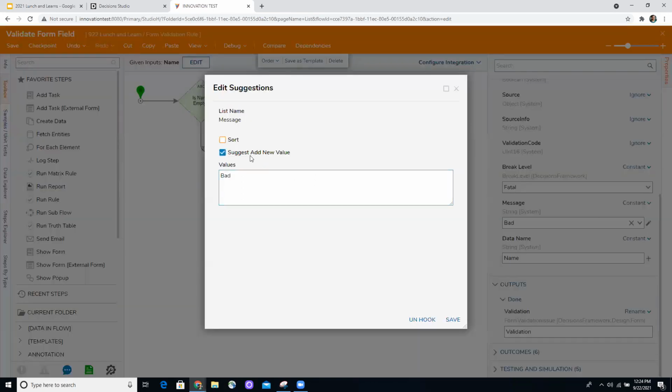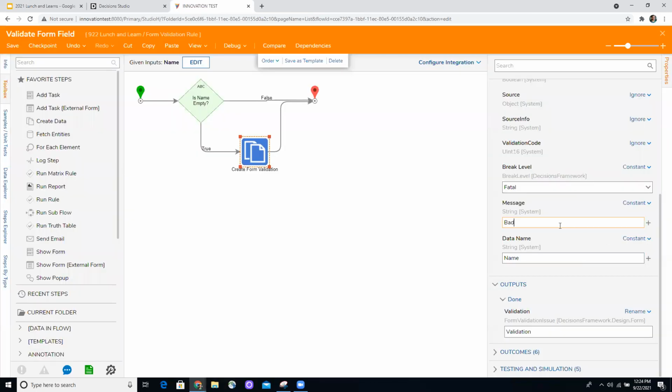Yeah, I just reached out. Josh is saying it's to add a suggestion list. So that seems to be right. That's what you're generating there. So you're generating a suggested value list with that plus sign.